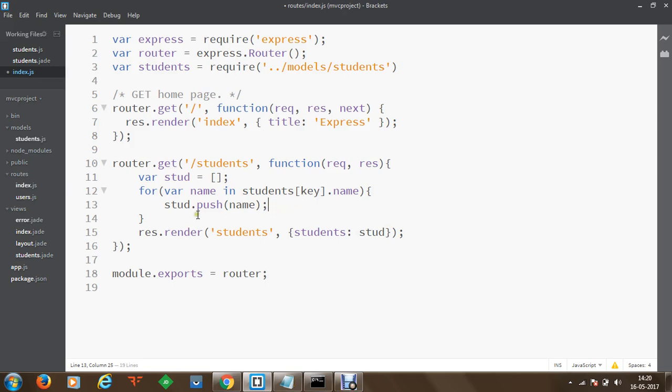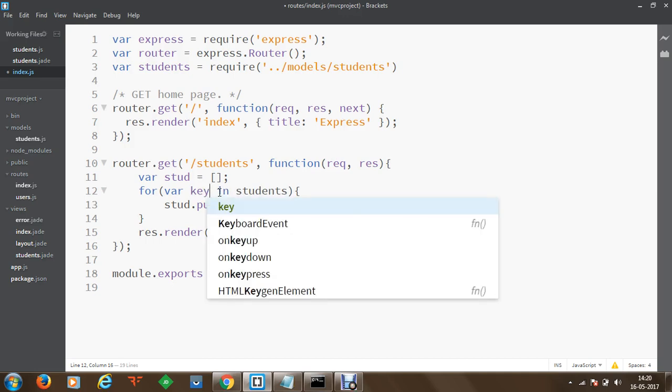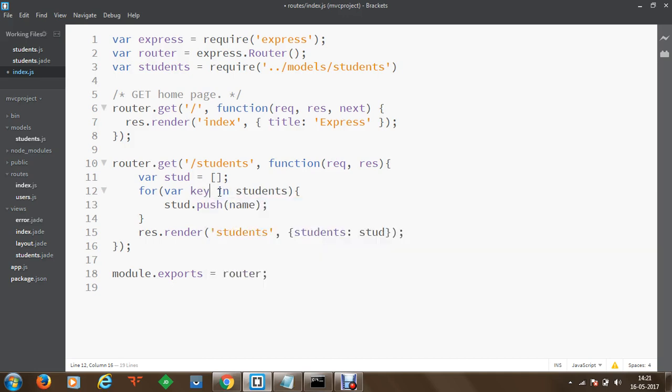Once we have written this code, we actually need to modify the code a little. We are going to read data from the students. These students will be the model which we have received. Once we have received this value, all the values from this students will be fetched, and we are going to store them in the format of keys. So whatever keys are identified from the students model, they will be stored in the key format. And once we are done with this, what we have to push within the stud array is that we want to loop through all the keys within my students model.